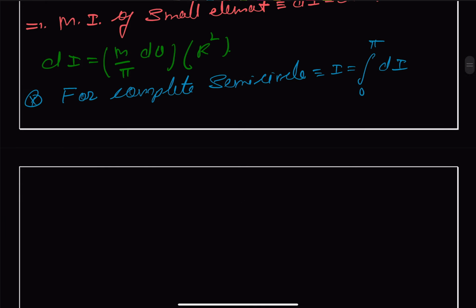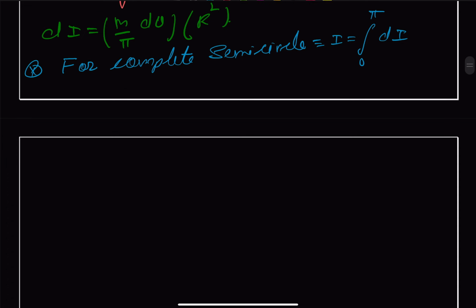We substitute the dI, we get I is equal to integral 0 to pi, and this comes as R square M upon pi d theta,